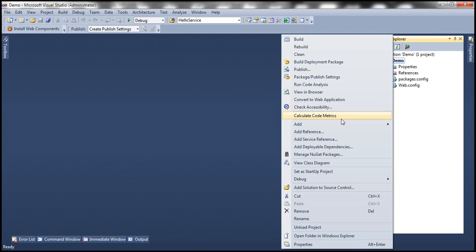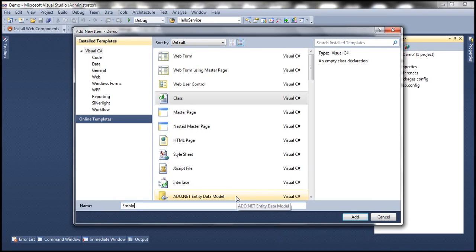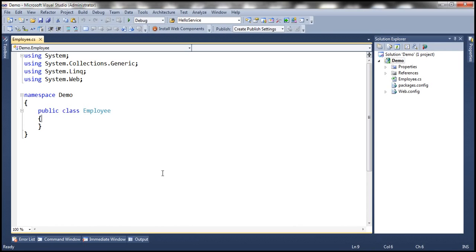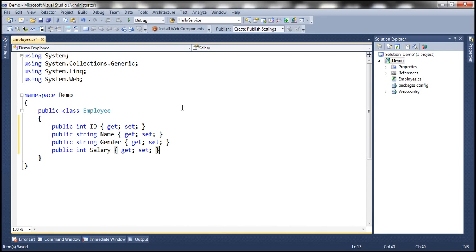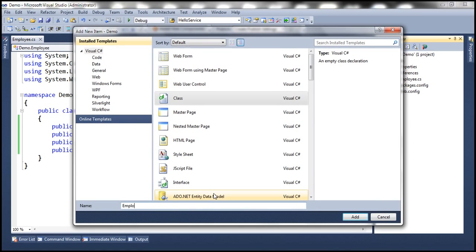Let's add a class file to this project and let's call this employee.cs. This employee class is going to contain 4 properties: ID, name, gender, and salary. To speed things up, I have already typed the required code. The next step is to add another class file, and let's call this employee